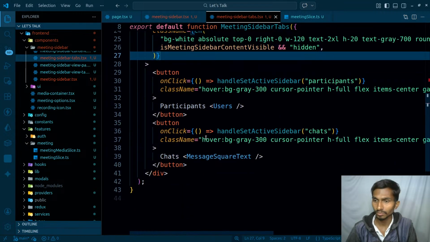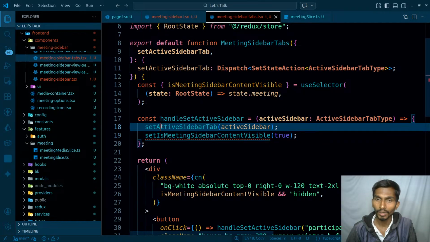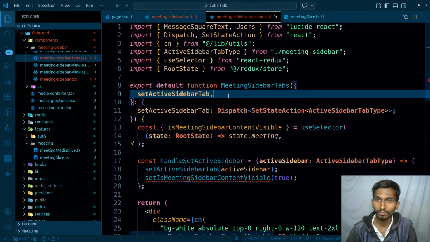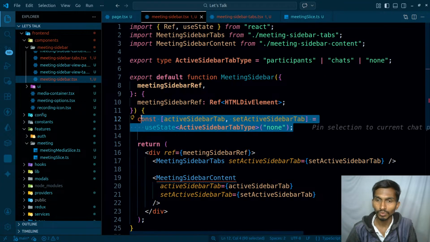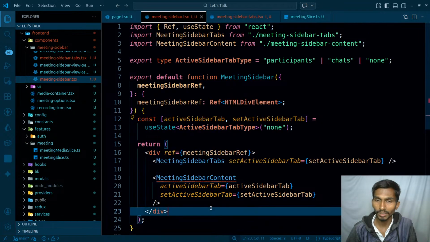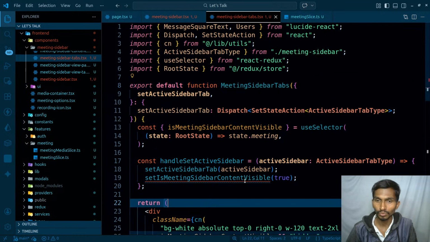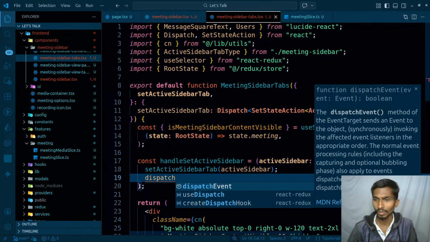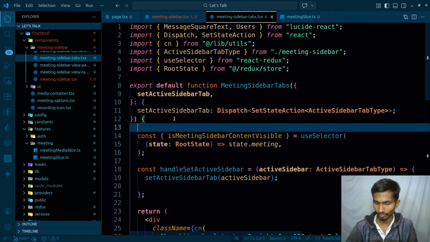and once I have this, then I can just simply use this particular option here. Okay, so this is where it's being used, and that's for setting the value of it. Set active sidebar tab. This active sidebar tab is coming from this one, right? So this particular section, if it is being passed here like this, that's completely fine. Set active sidebar tab and active sidebar tab, that's okay. Coming back to this one,